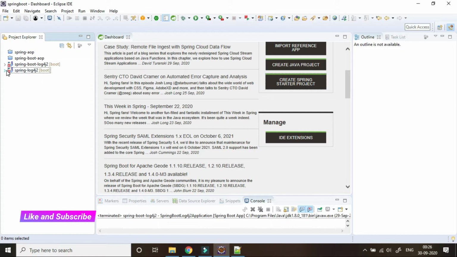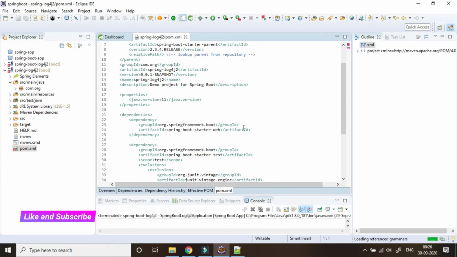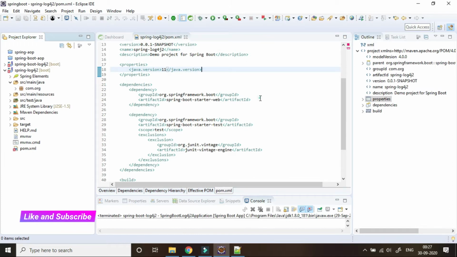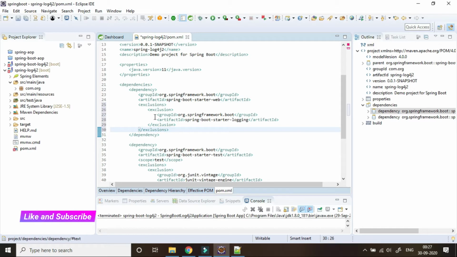So first of all, we have to remove the default dependency and add the Log4j dependency. So we have to exclude the starter logging dependency from starter web and add the Log4j dependency.